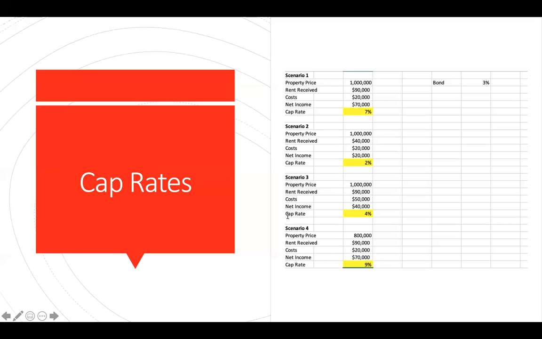This return of 7% generated from the property investment fares better than the standard return of 3% available from the risk-free treasury bonds. The extra 4% represents the return for the risk taken by the investor by investing in the property market as against investing in the safest treasury bonds, which come with zero risk.